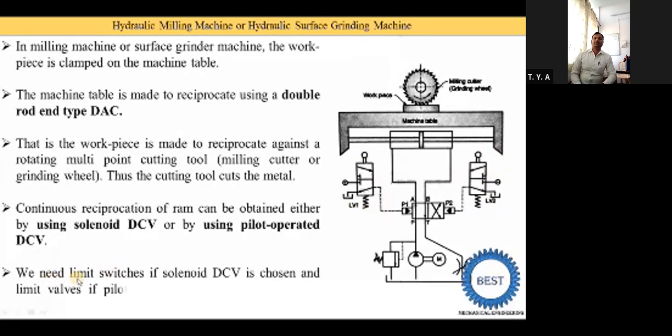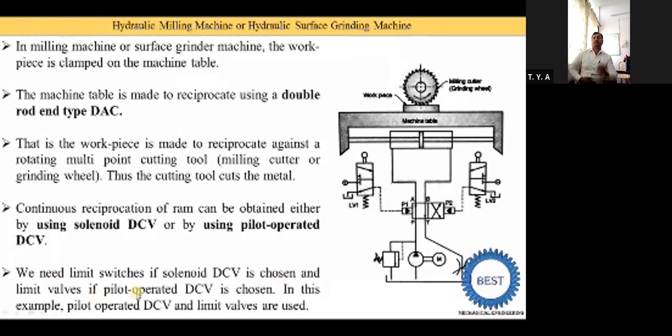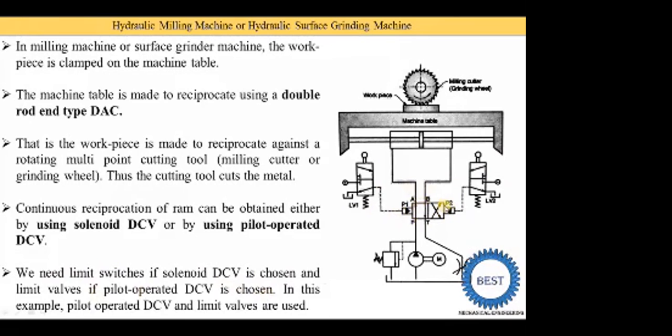So we need limit switches if a solenoid DCV is chosen, and limit valves if a pilot operated DCV is chosen. Here you see that it is a 4/2 directional control valve, and it is pilot operated, that is, P1 and P2 are written. Okay, pilot operated, that's why we use the